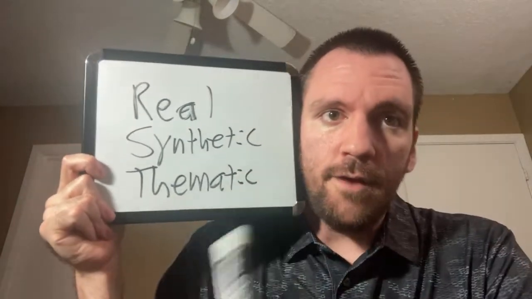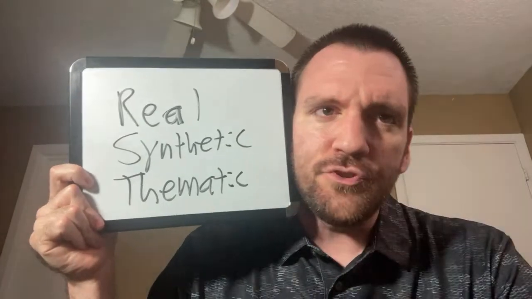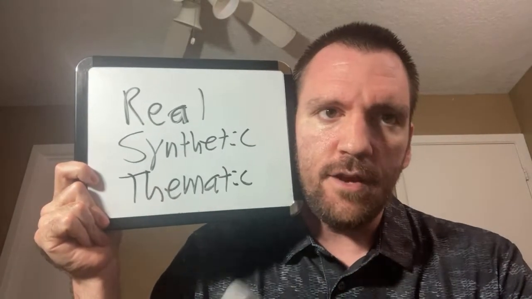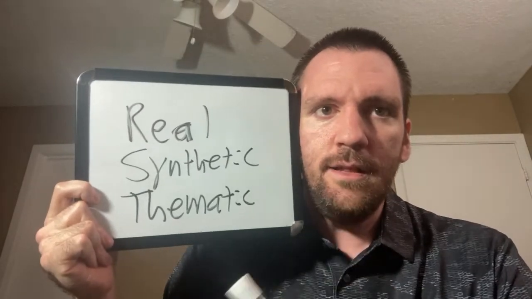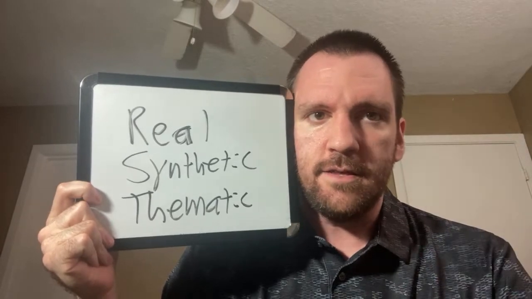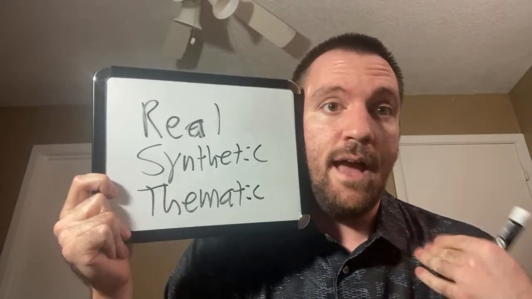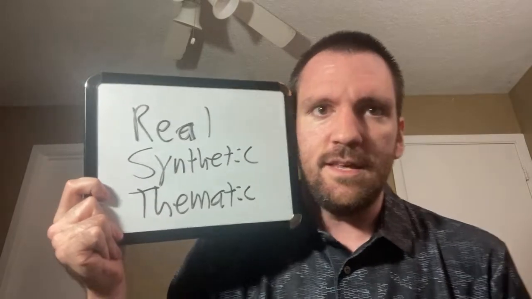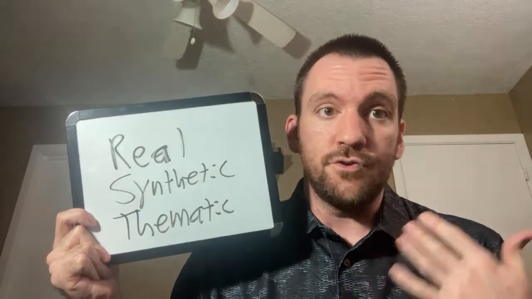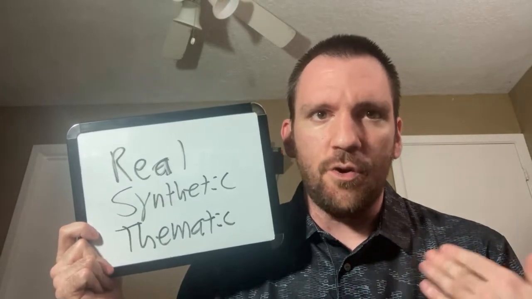Although this was written in a scholarly context talking about the abstract descriptions of characters, this can also be used in building characters. The real is, how is the character like us? How do they dress like us? How do they act like us? What is their realistic qualities? How can we relate to them? And if you saw the video on psychographics, it's the thing that makes us either identify with the character or want to form a parasocial relationship with the character. It's usually a positive trait or it's a similarity to us, like they share a weakness or something.